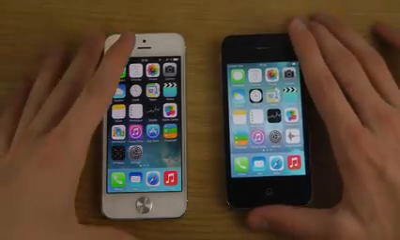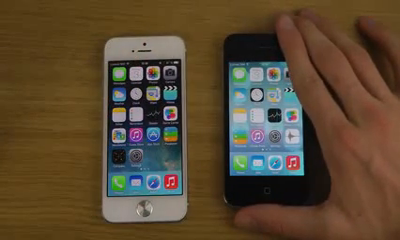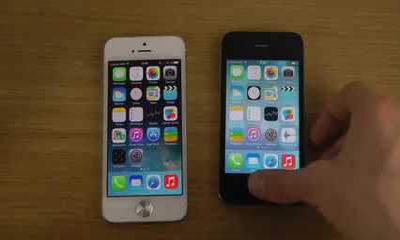Also, I'm just going to go over quickly all of the updates with the new beta. Siri has new male and female voices, so